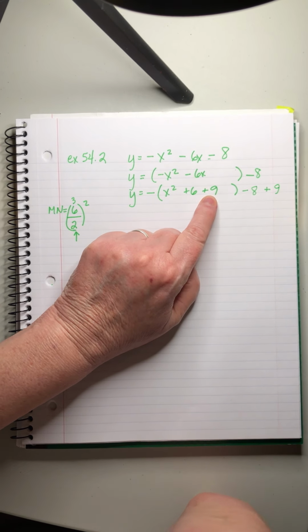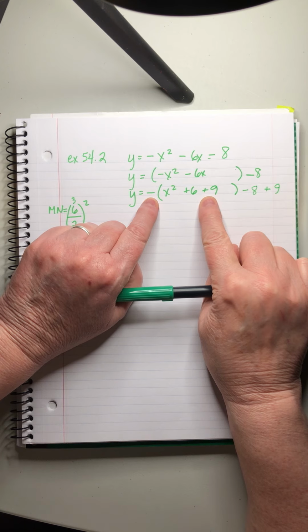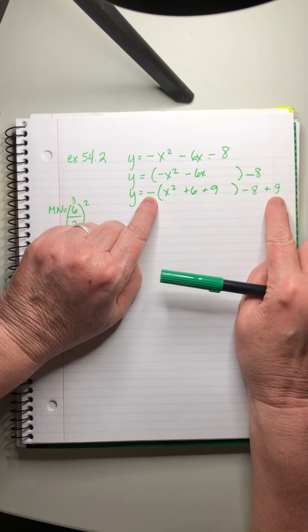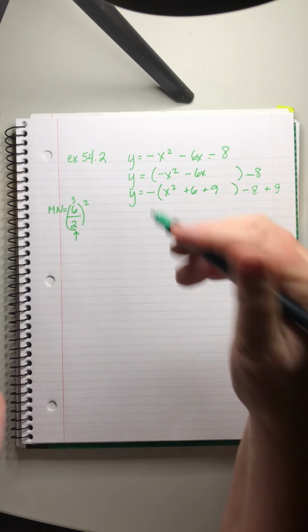It looks like we're adding 9, but this is inside the quantity and it's affected by that minus sign. So what we're actually doing here is adding a minus 9. So to balance, we have to add a positive 9, and now the side is in harmony. Oh, that is so weird, right? Okay,